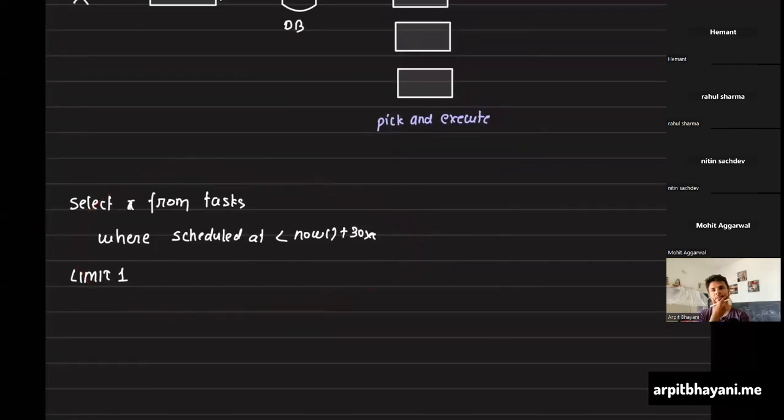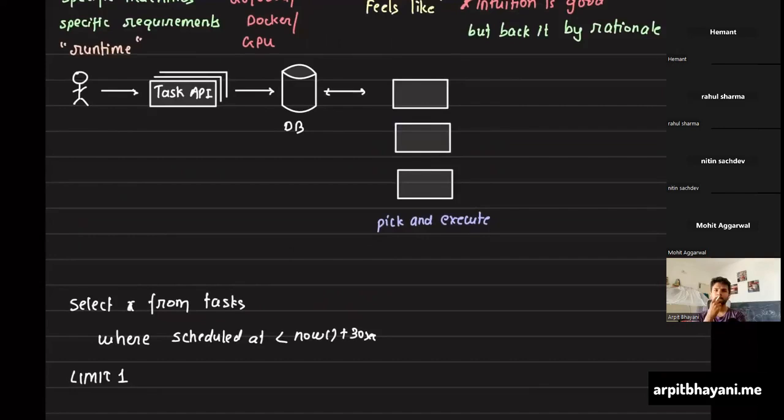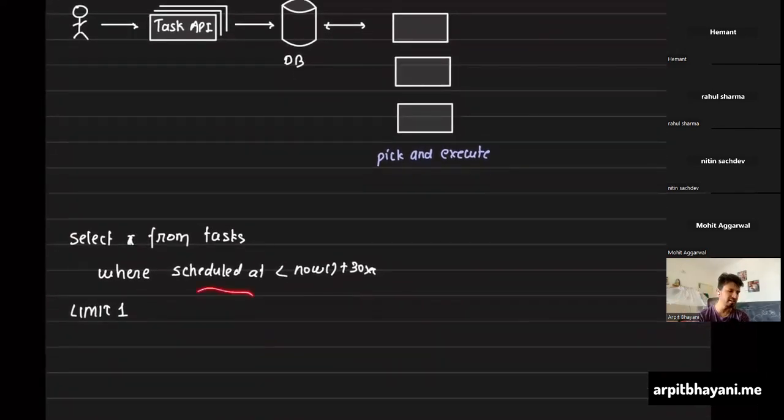Look at this query, it will not be missed. Scheduled at is less than now plus 30 seconds. So even if a task comes at a very late stage, you would still not be missing it. So we are saying that a task, when added to this table, will have at least 30 seconds before, so that it doesn't miss. Exactly. But even if it is later than that, your system will still pick it up. This query still allows you to match it. In that case, you would just be breaching your SLA, but you would still be picking the task for execution.